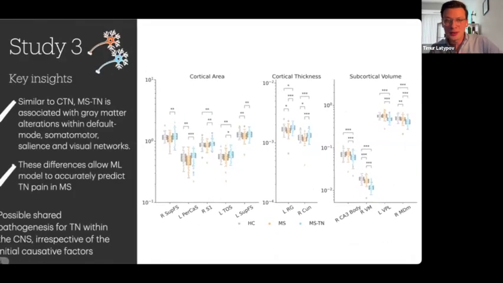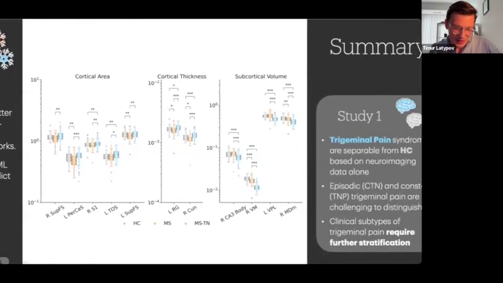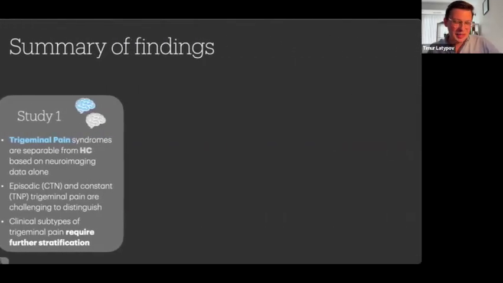So this is one of the first studies, as we know, that looked into imaging signatures of chronic pain in multiple sclerosis patients using machine learning. And another value of this work is that we analyzed the gray matter structures in the white matter disorder, which haven't been done before.